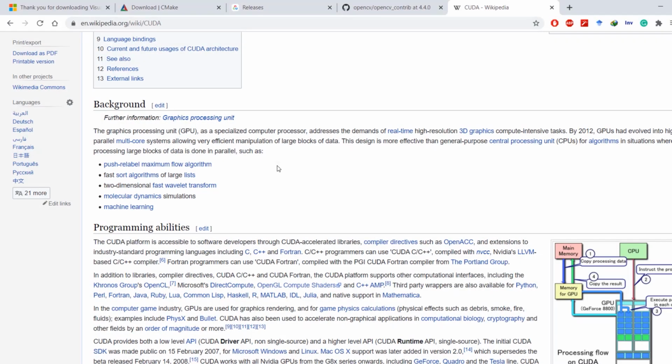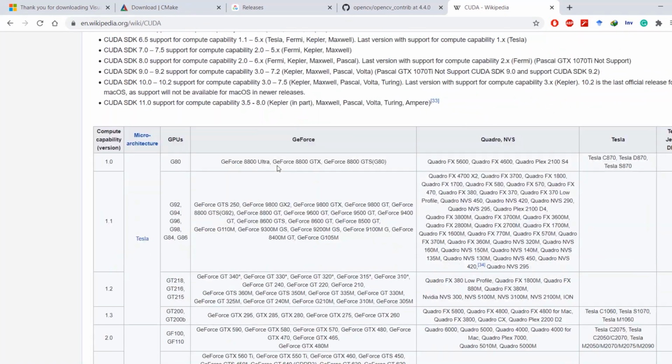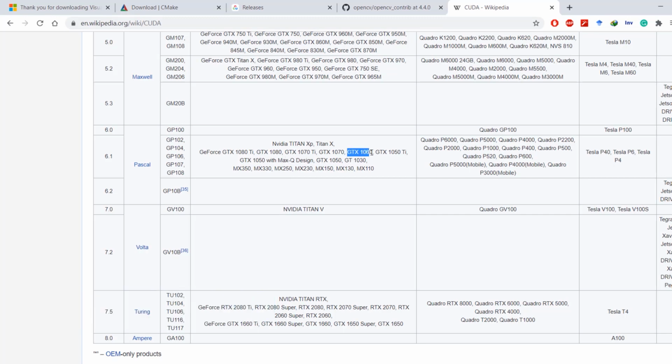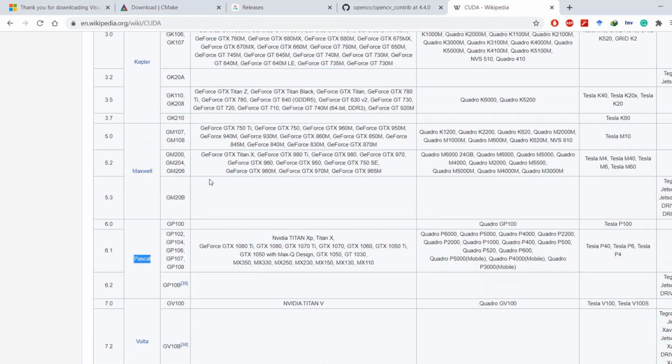Finally, we need to install CUDA, but before that, head over to this Wikipedia page and find out your model of NVIDIA GPU. I had GTX 1060. There it is. It supports Compute 6.1 and has Pascal architecture. It is important to remember, and I will show you in a moment why. You should note this information for your own model of GPU.